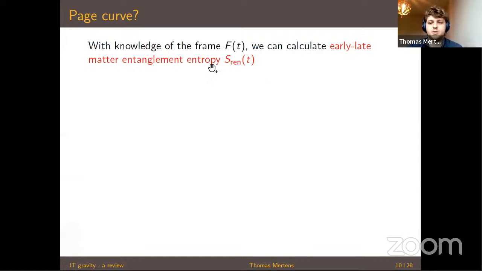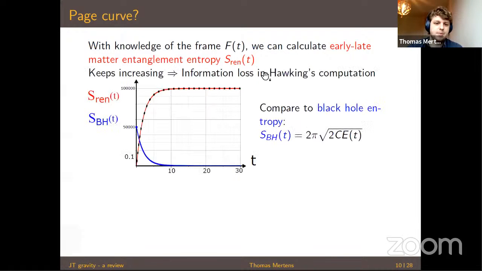the evaporating process. So this is the calculation that Hawking sort of envisioned in his early papers, and that the AMPS paradox was also addressing, well, a couple of years ago. And if you do that calculation in this model, which you can do completely analytically, you find this function for the matter entanglement entropy between the early and late Hawking radiation, which is this red curve here. So it keeps on increasing, which means that there is information loss in Hawking's computation, as we already knew well